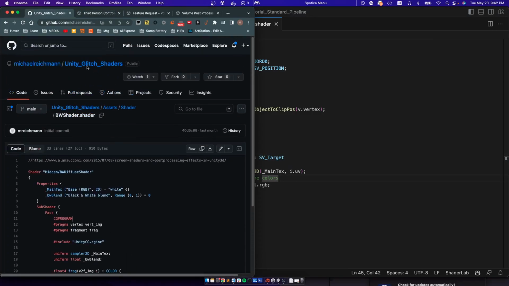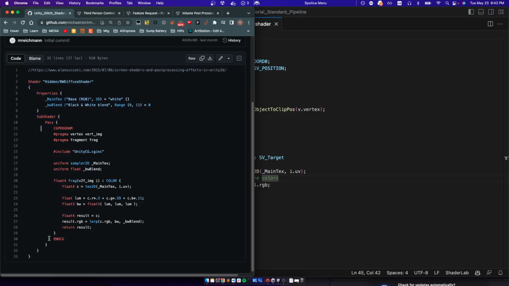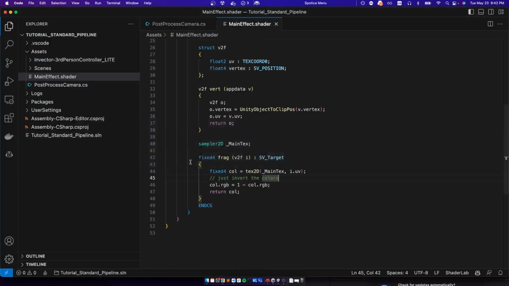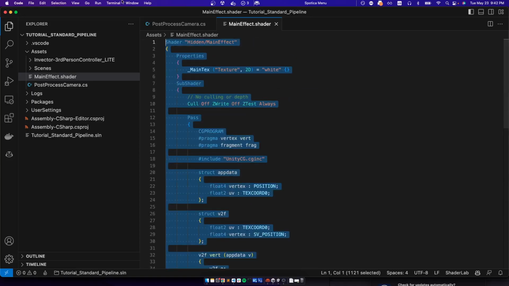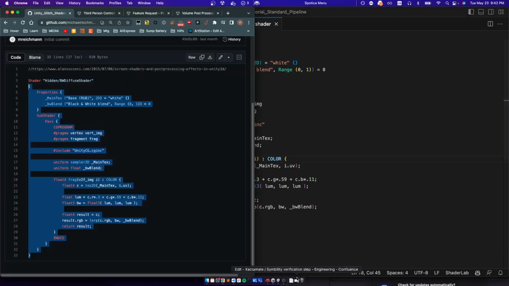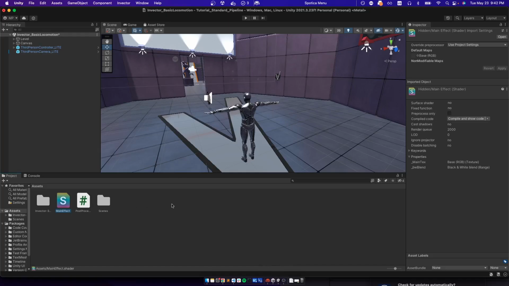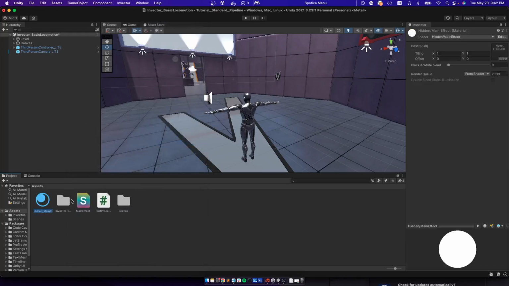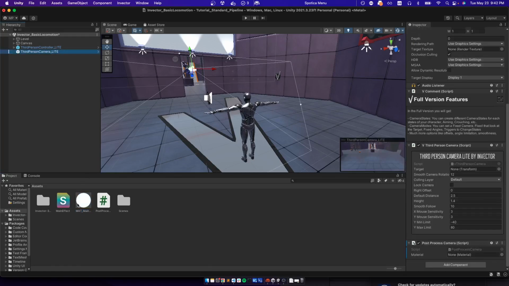I found this repo on GitHub, Unity glitch shader. I'm just going to copy paste basically this shader. I think this one is a black and white shader. You can mess around with that repo, but basically I'm just going to take everything here. I'm going to leave my original name, main effect, but this should do a black and white. Then I'm going to right click on this, create a material from it, and call this main effect. Then go back to my camera, drag that in here, and if I press play, everything